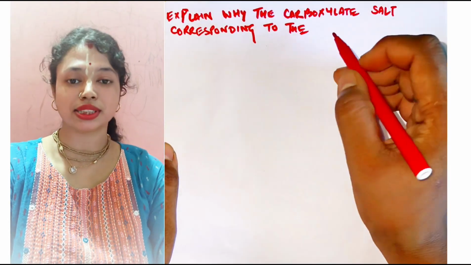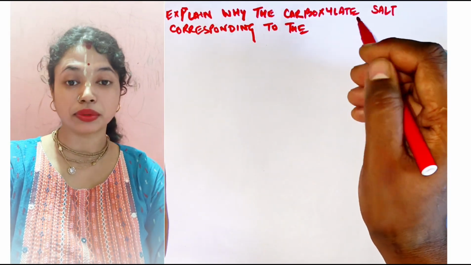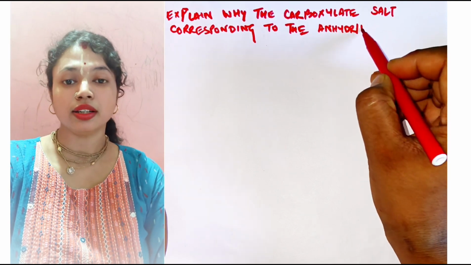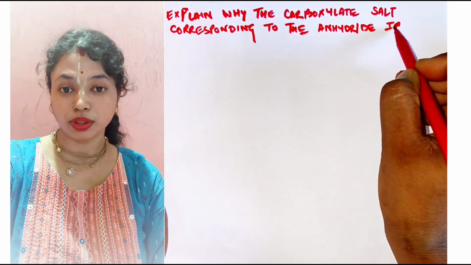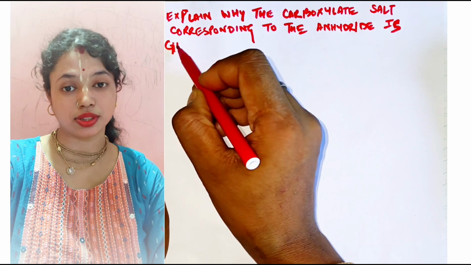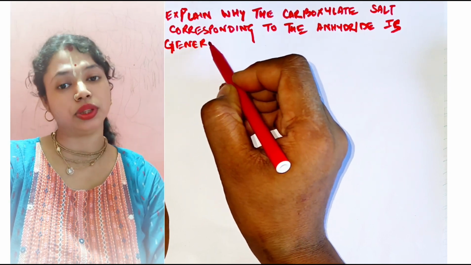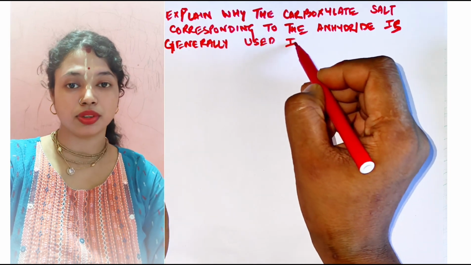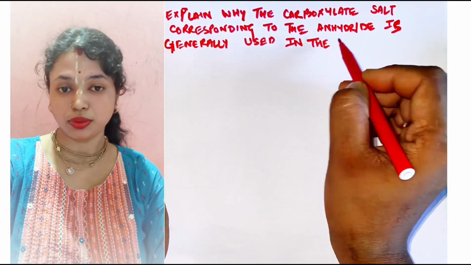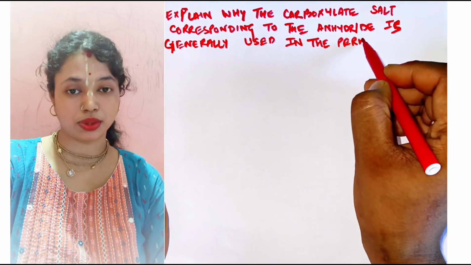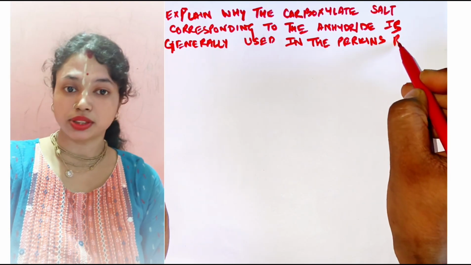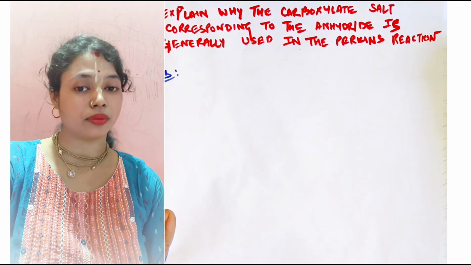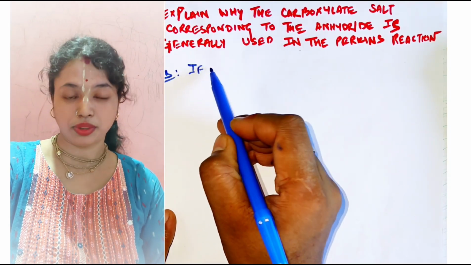Hello everyone, welcome to 369 Chemistry, and in this video I'm going to discuss that last question which I said: why is the sodium salt of the carboxylic acid corresponding to the anhydride the only one used in the Perkin reaction, and not any other sodium salt of any other acid? Only the sodium salt of the same acid as the acetic anhydride we use is used. And why is it so? It was a very important question.